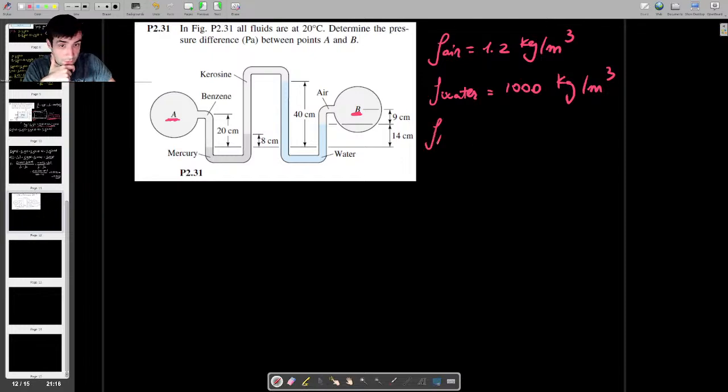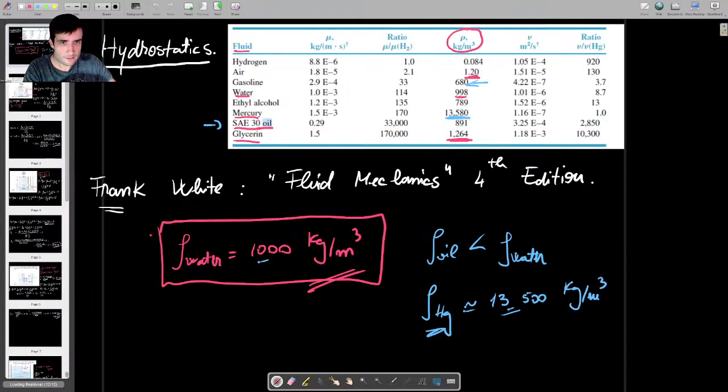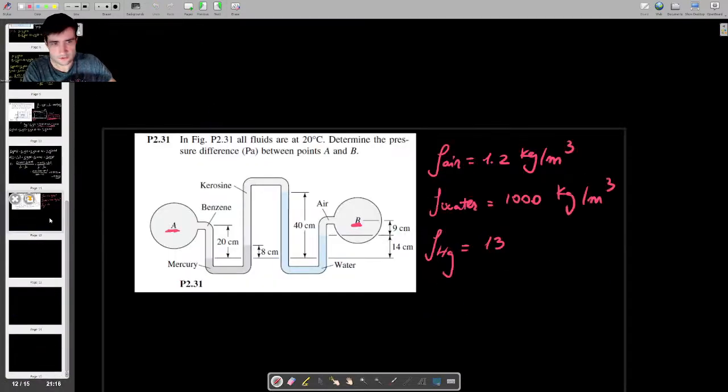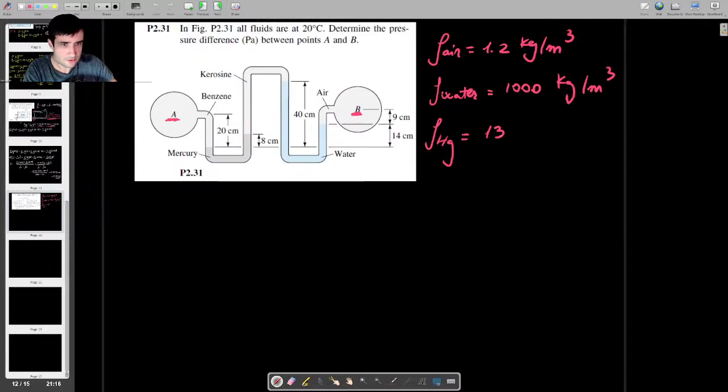Mercury, so I know mercury as well, so Hg stands for mercury in the periodic table, so I'm gonna write this as 13,000, okay, almost 600, I'll just call it 13,600 because it's simpler this way, kilograms per meter cubed. And then I have the other two liquids or fluids rather, so let me try to look them up in the book first. I have kerosene, which